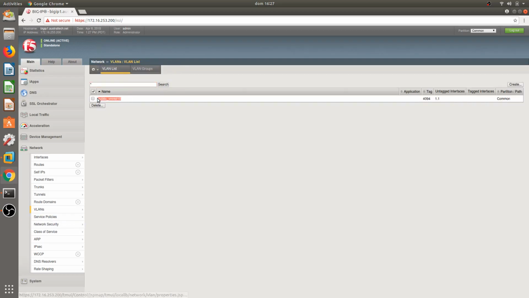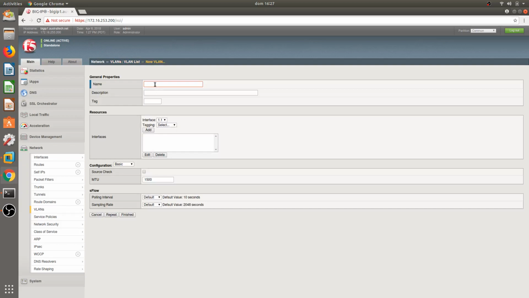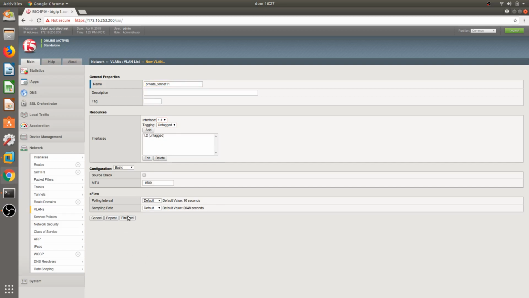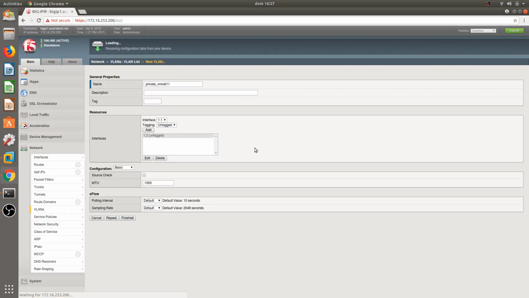So this is the first VLAN, and for the second VLAN I'm going to use private VMnet 11. Again, we are not going to tag on this one. We are going to select 1.2, which is the other interface, and we are finished with the creation of the VLANs. So by now we should have 2 VLANs created on the device, and what we can do is check